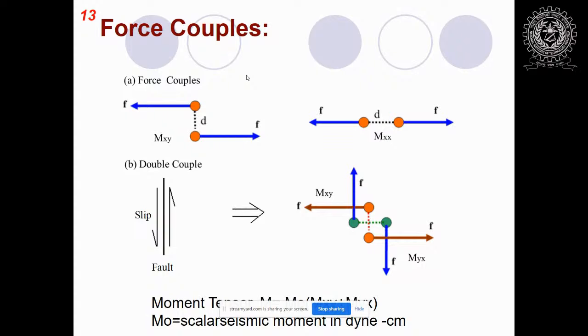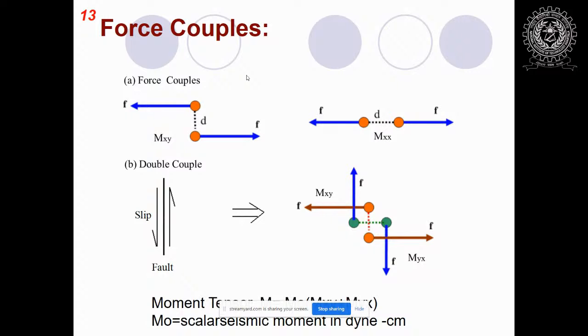The other type of couple, that is Mxx, shown in the right-hand side cartoon, a vector dipole, consists of forces offset in the direction of the force. Thus, Mxx consists of forces of magnitude F acting in plus and minus x direction, separated by distance d. Here also, the magnitude of Mxx is F d. The difference between these two force couples is that the first one, the left-hand side couple, exerts a net torque, while the second one exerts no torque. As a result, no geophysical processes have been found that can be modeled with single couples.